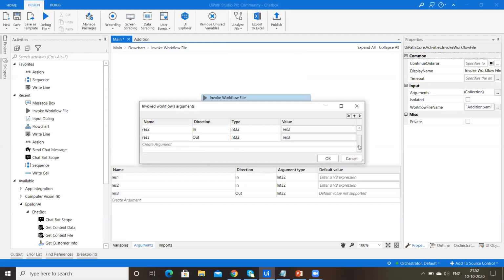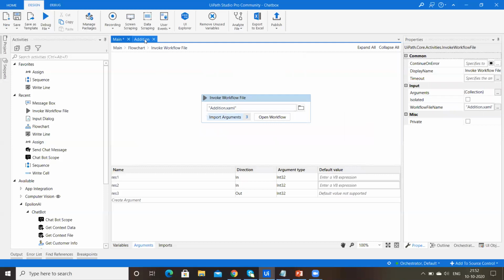Here you need to create 3 arguments, result1 and result2 in the input direction, with the type integer, and result3 in the output direction, and that type is integer.